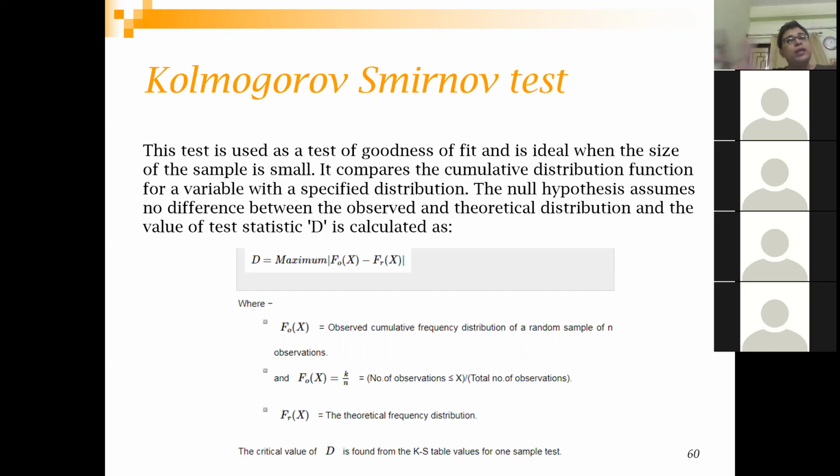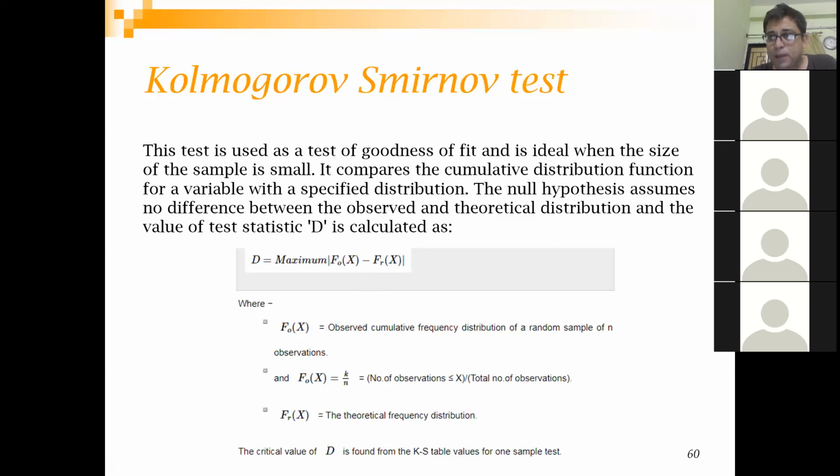Now you have a theoretical distribution. From that theoretical distribution, you calculate what the value should have been if it followed that theoretical distribution. Which one, sir? Binomial or Poisson, which theoretical? As I said, the KS test is a very generic test, so you can take any one as your theoretical distribution. If you are using binomial, then this FR you are going to calculate assuming binomial. If you are assuming it to be uniform, then you will calculate using uniform.